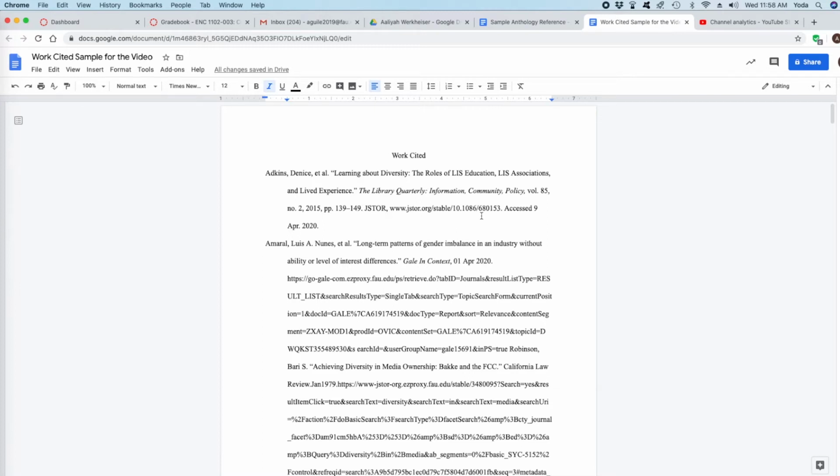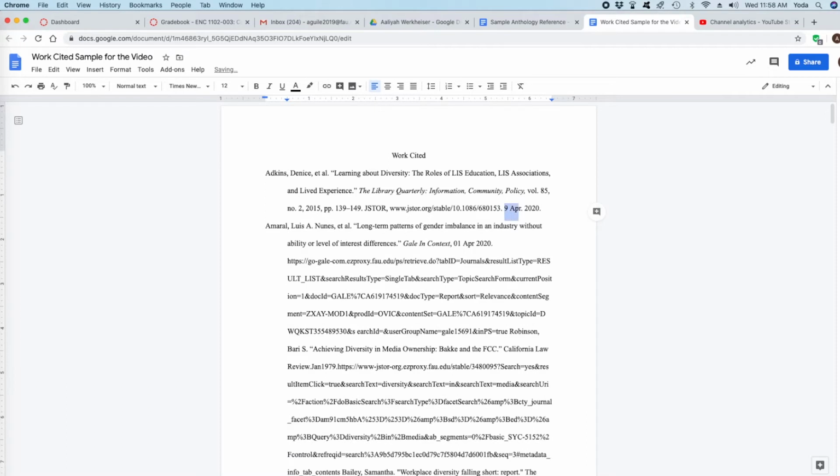The issue right here is where it says accessed 9 April 2020. I'm going to tell you why all the websites do that: in version 7 of the MLA handbook, that was correct, but they got rid of it. That's no longer correct. So like I said, it doesn't mean you plagiarized when you don't have this, it just means you're wrong.